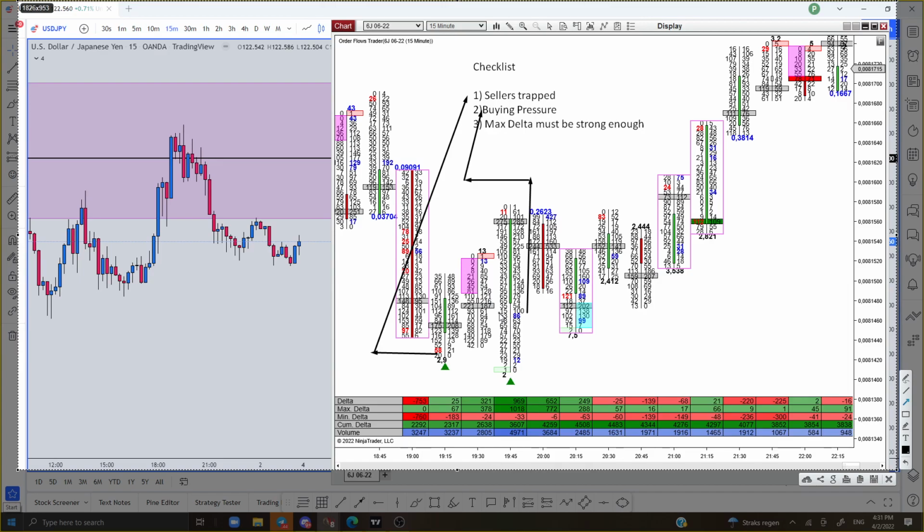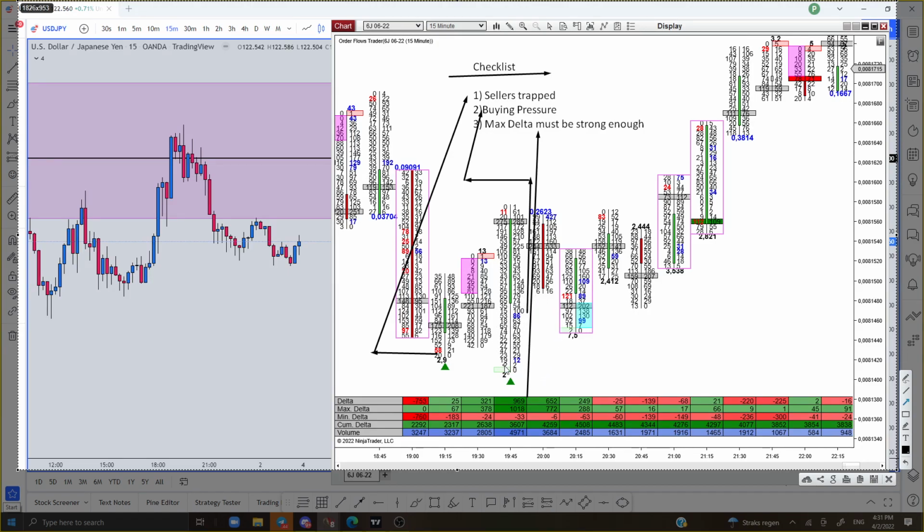Next, the most important thing is you should never miss delta. See the max delta and min delta. Min delta is minus 33, which is nothing when we compare to max delta. Huge max delta. So that is the next confluence, the max delta. So we have our three checklist items met here, but I was a little bit